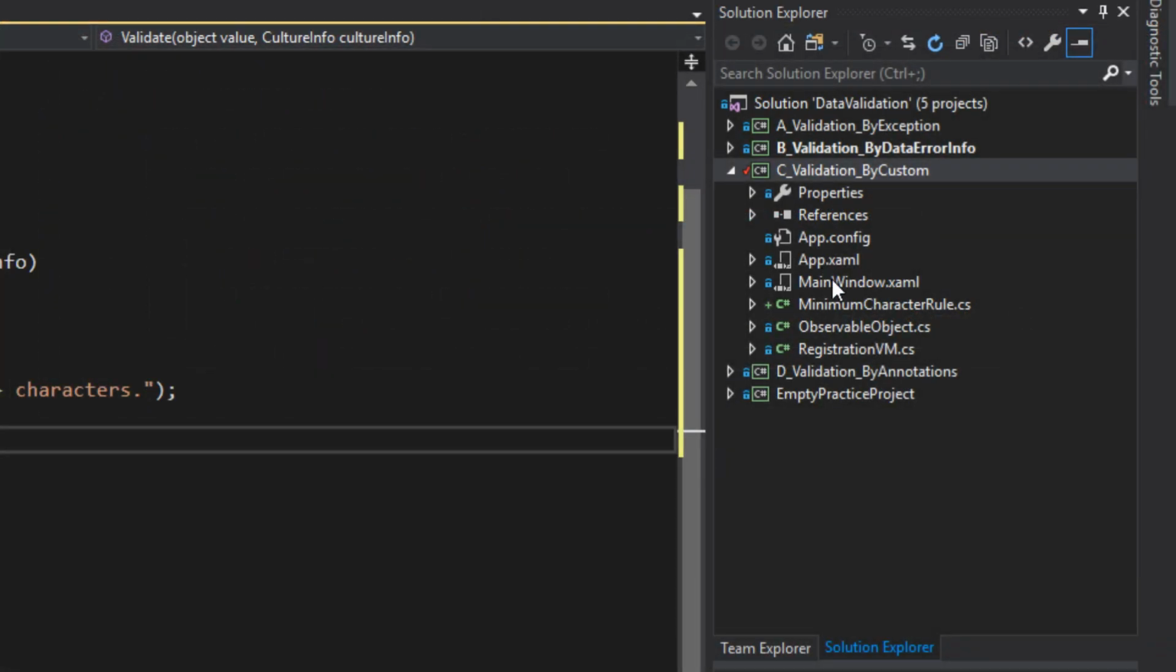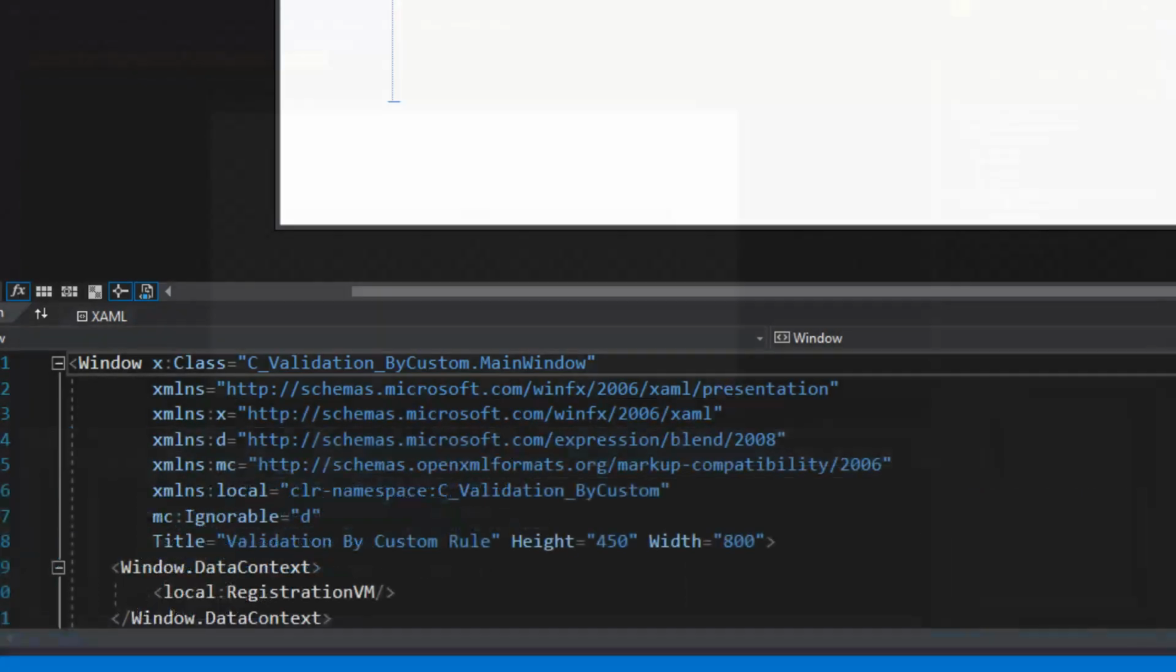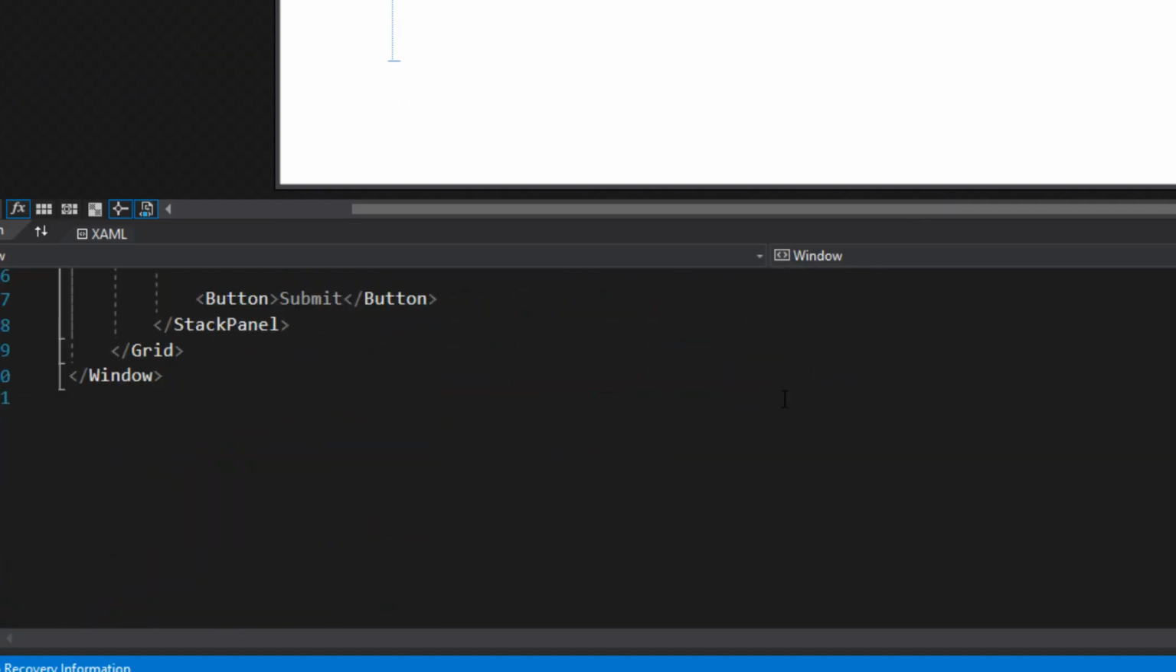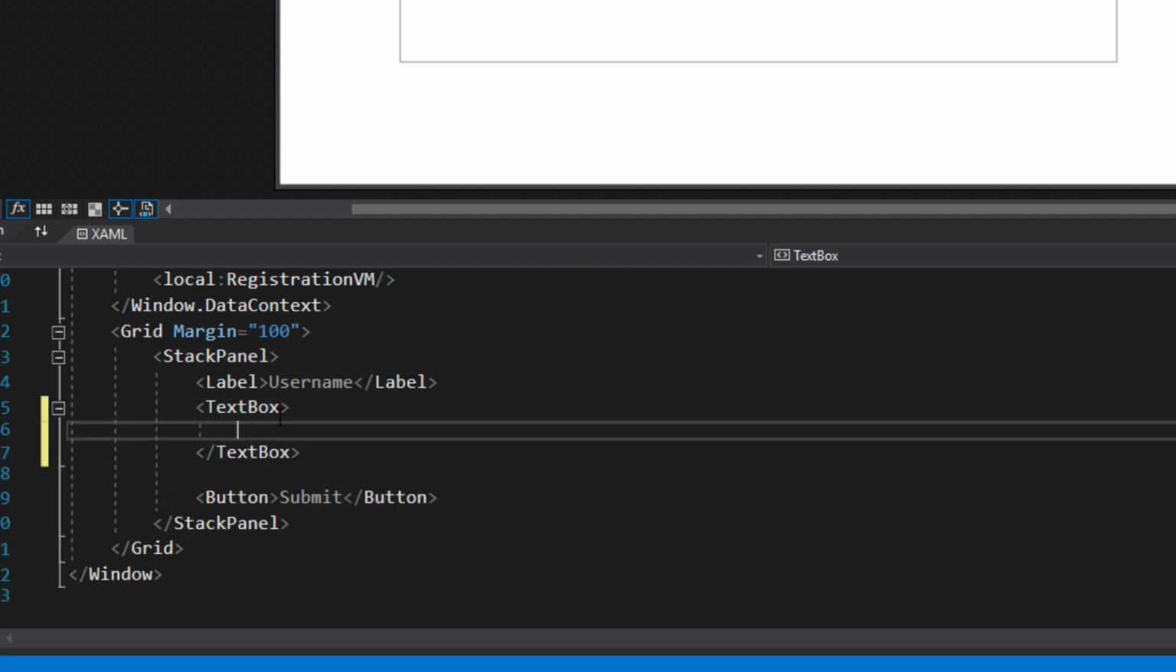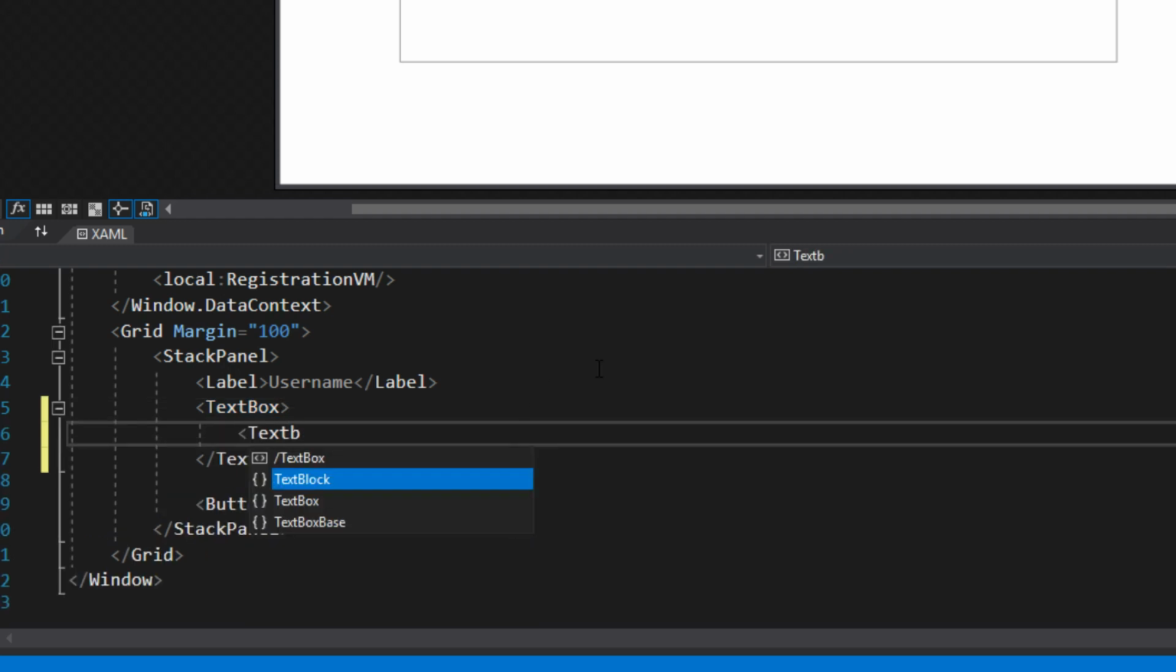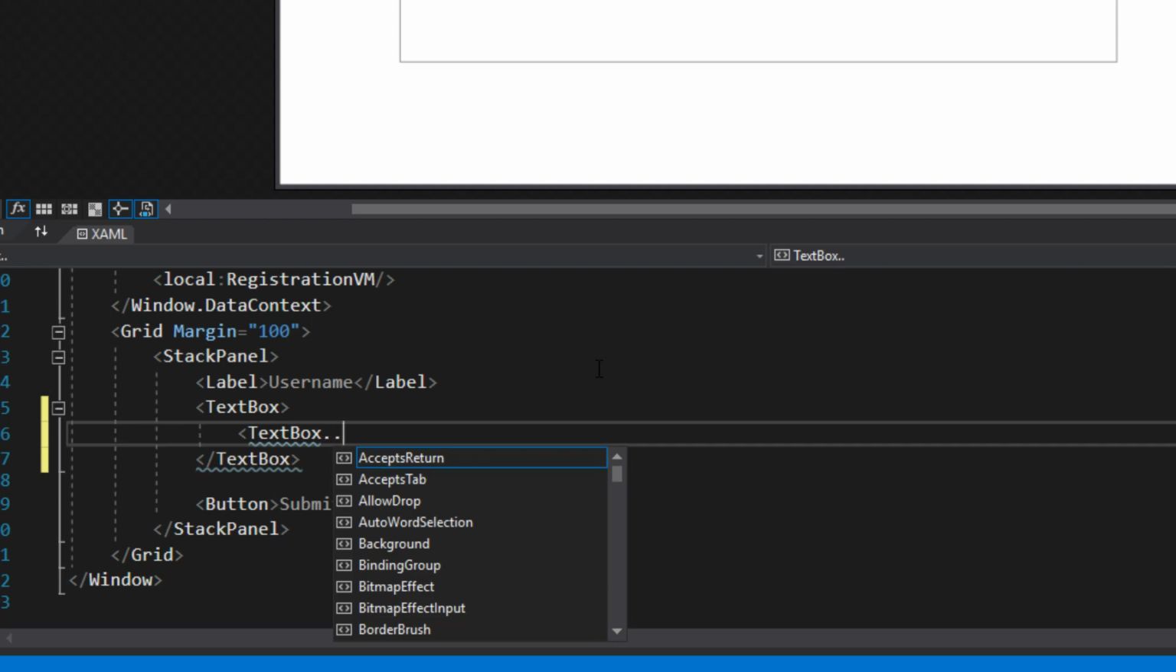So now if we go over here to our main window and we go down to our XAML and we go down here to our text box, we're going to do something a little different here. Just going to have opening and closing tags for our text box. We're going to access the TextBox.Text